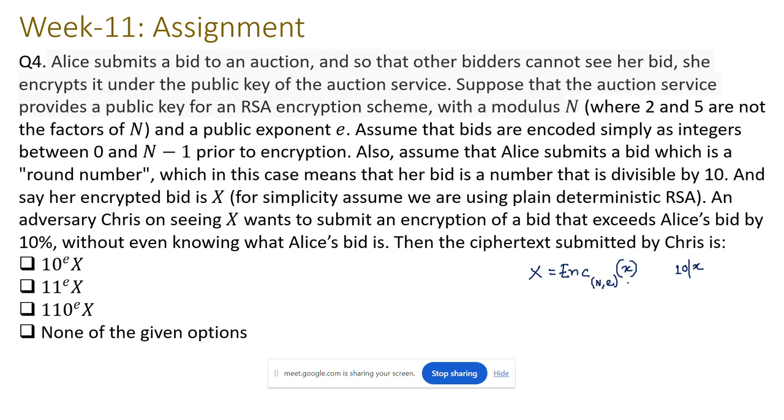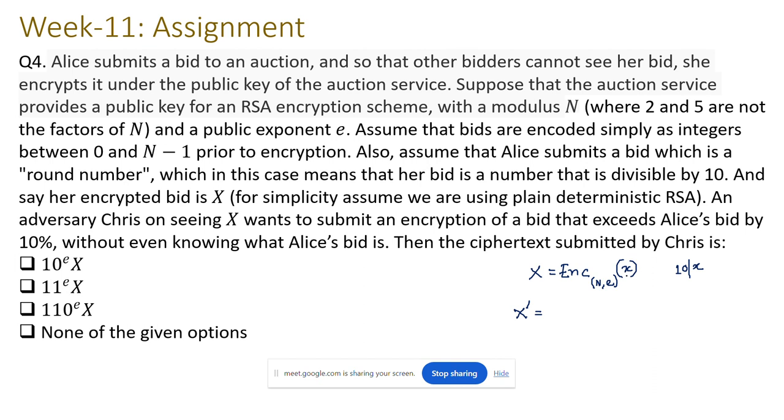So x is a multiple of 10 and capital X is the RSA encryption corresponding to small x. Now there is this adversary Chris who is trying to generate some x dash such that x dash becomes 10%